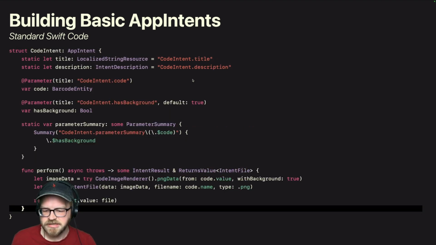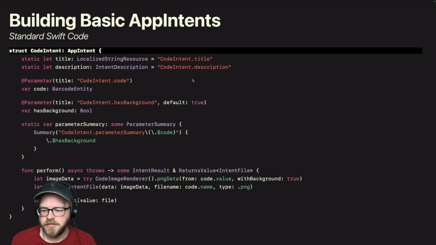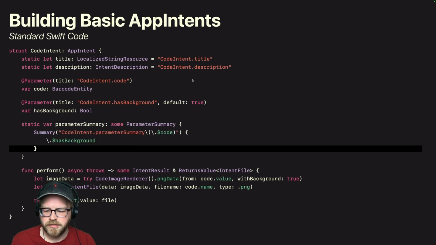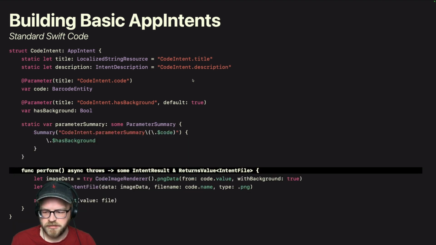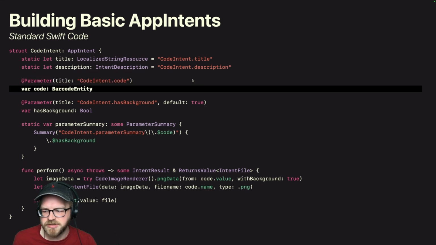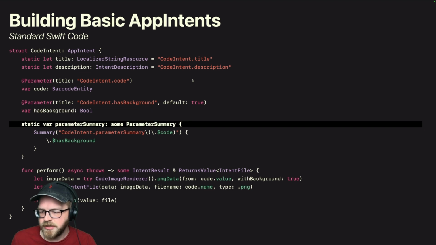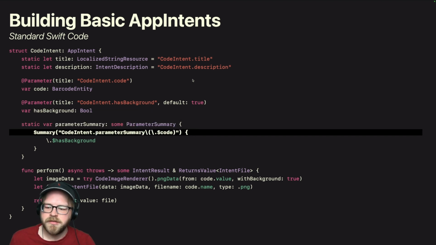Yeah, this does a nice job of showing off everything that we have and not being confusing. It's just like, here's the minimum things you need. You need a title, you need a description. Here's what parameters look like. Here's what parameters look like when you want to specify a different default value. Here's a parameter summary. Here's what it looks like for all of the stuff that you want to display.